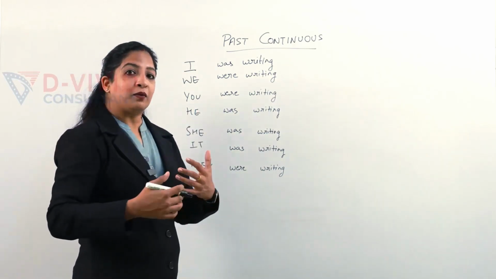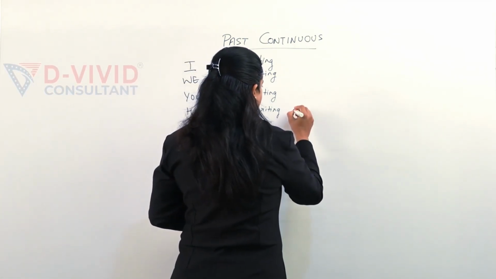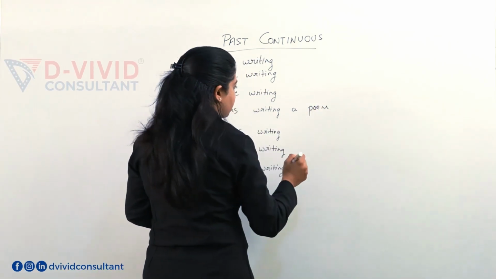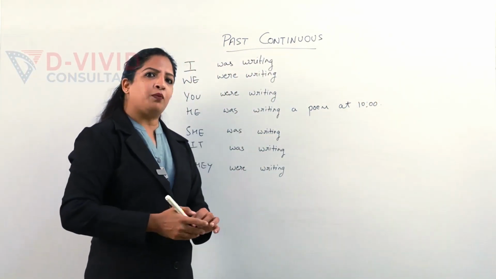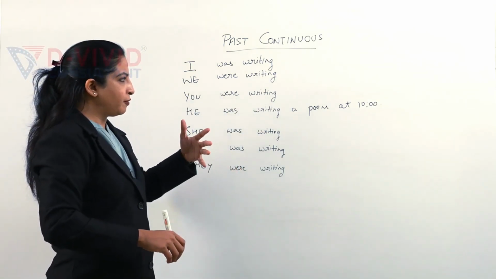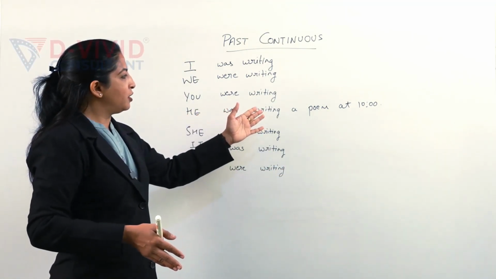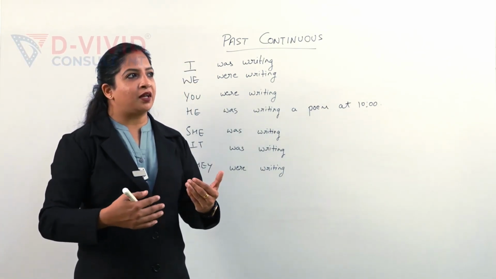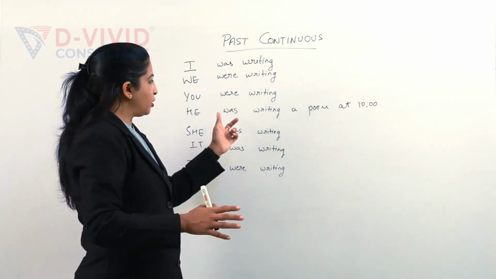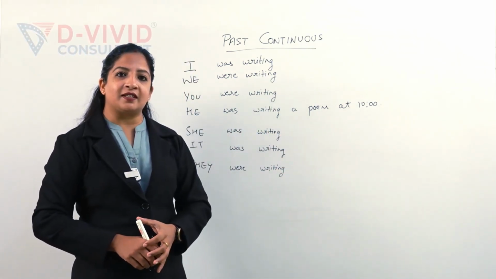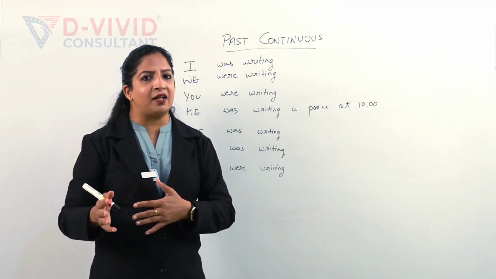So if I write one sentence using the verb that we have written, he was writing a poem at 10 o'clock. If you observe this sentence, or if we take any of the three situations, he was writing a poem when I entered, or he was writing a poem when I was talking to him. So all these situations are there. But what do you understand by this simple sentence? It means that when I am willing to say something that was going on in the past, but it was